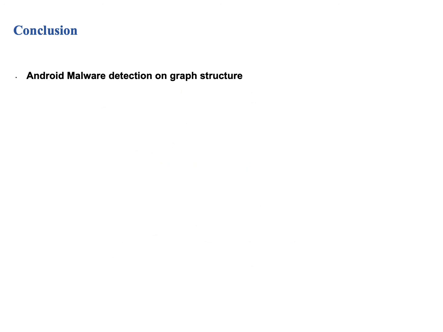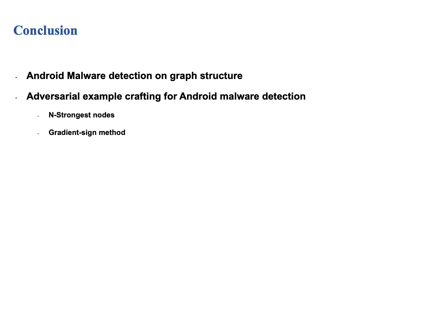Okay, let us finish our talk with the conclusion. Here we talk about malware detection on graph structure, and we use instruction nodes and the graph gradient-based way to construct our adversarial examples. Of course, our work has some limitations. We only emulate the control flow graph, and also use the kernel